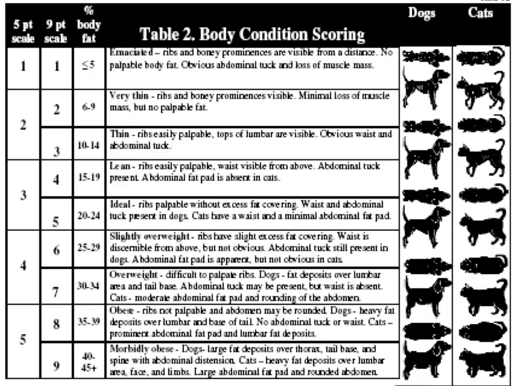And when you get to the bottom of the scale, 5 out of 5 or 9 out of 9, those are pets that typically have more than 45% body fat. They're so obese that they've lost that hourglass appearance. They're just sort of round. There's a lot of fat under the skin, along the underside, and in the groin area. There are a lot of fat rolls around the neck and over the tail head. And that becomes important because I'm going to show you and try to convince you in this short presentation that this is more than just being pleasantly plump, that there are a lot of problems associated with it.